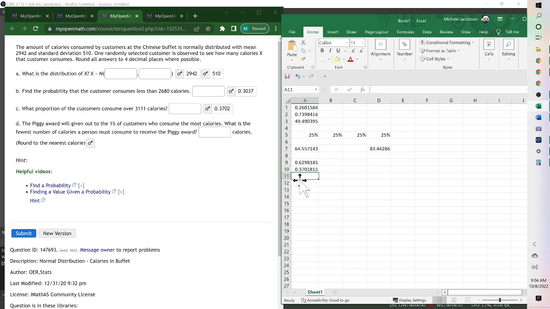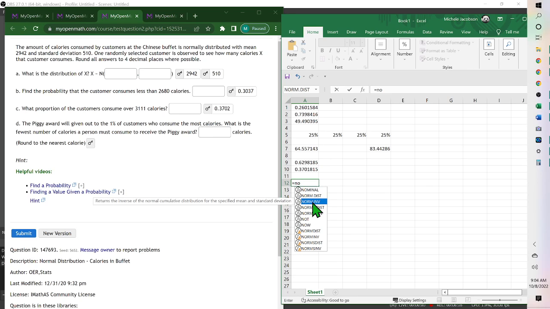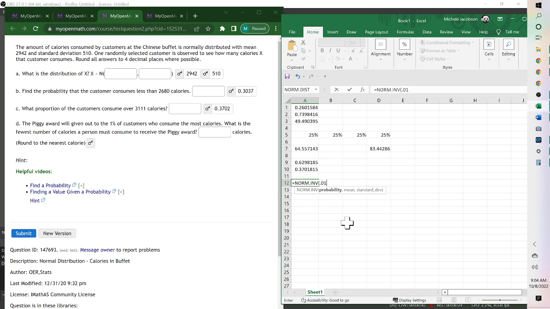Okay, so if we go equals norm, and we're given the percent, so we use the inverse, and we go 0.01, comma, the mean 2942, comma